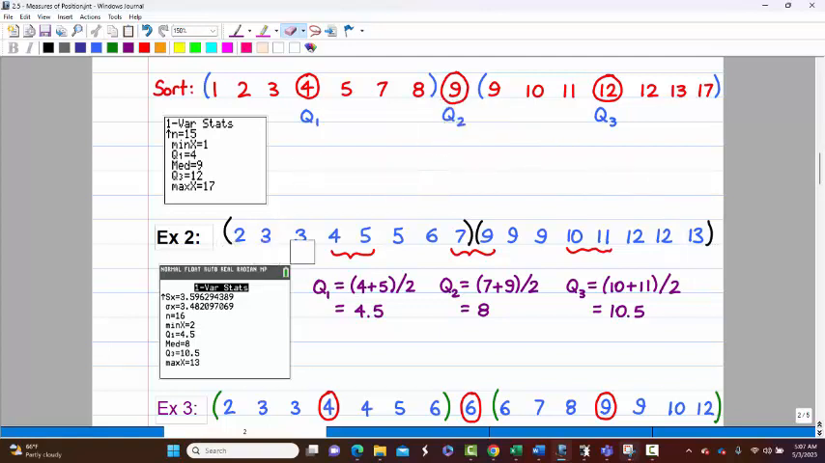So you look at the lower block. We also have an even number here in the lower block. We have 8 numbers, so the 4 and the 5 have to be averaged. 4 plus 5 divided by 2 is 4.5. Up here, 10 and 11 are the middle two numbers of that group. They have to be averaged. 10 plus 11 divided by 2 is 10.5. So you have Q1 is 4.5, Q2 is 8, Q3 is 10.5, and